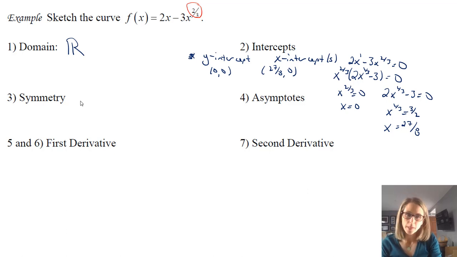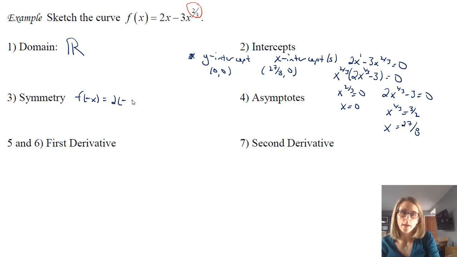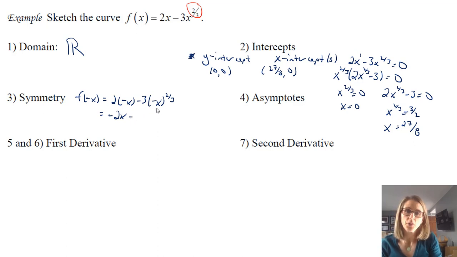When we think about symmetry, if we were to plug in a negative x to something like this, we're going to have a negative x here, and a negative x here. For this, that's going to be negative. The second piece here, if you take negative x and take the cube root, that's still going to be negative, and then you square it, that's going to be positive. So you're ending up with the same thing there.